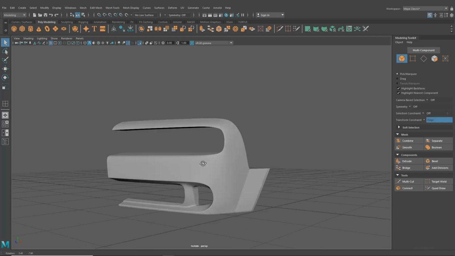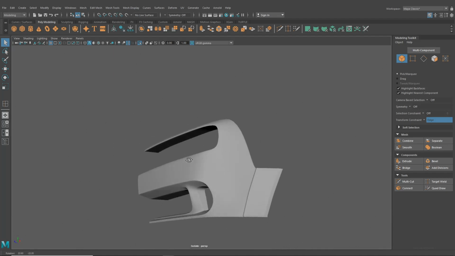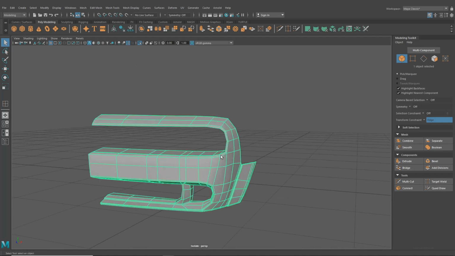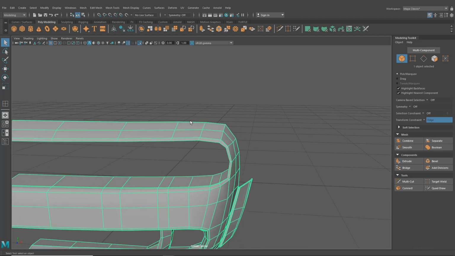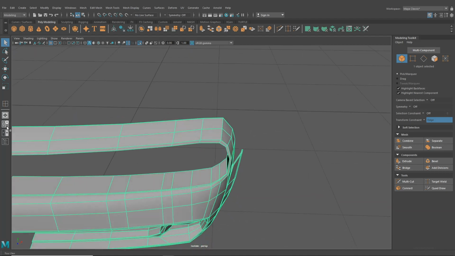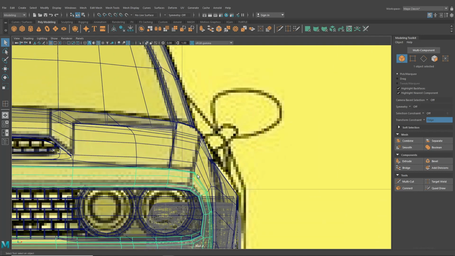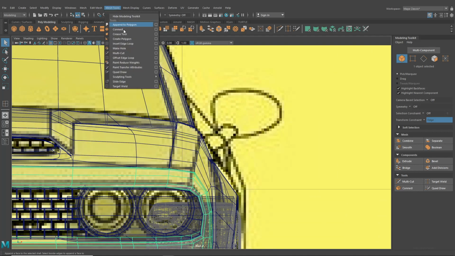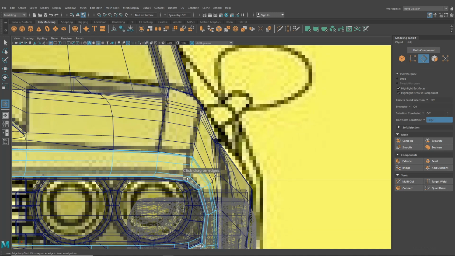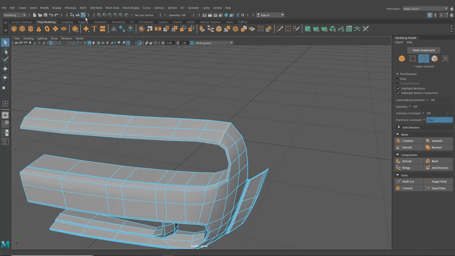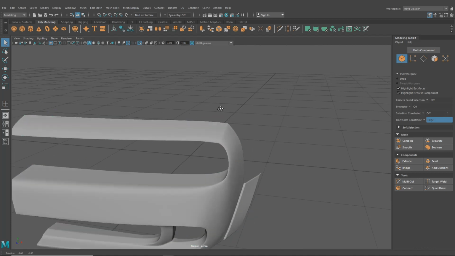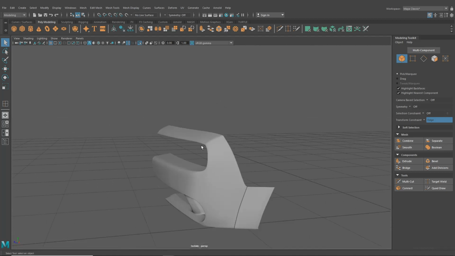And then I think the last thing we probably want to do for this front bumper here is, I think we have a little bit of a defined line just here. So along the crease of the body, we can see that we've got a little bit of a defined line there. So let's go ahead and drop in a loop along there too. I'm not sure if we're going to need 1 or 2. But we can see that we're starting to get a little bit of a defined